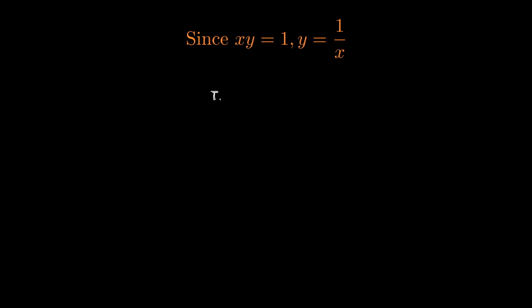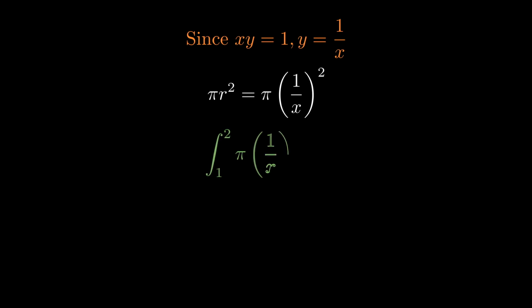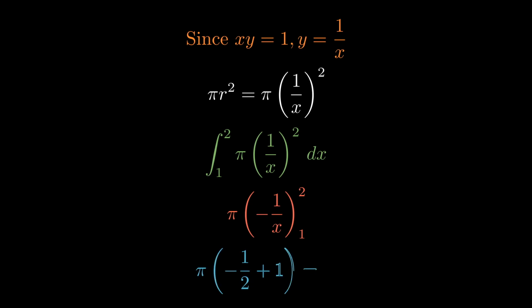And then we're doing this for all the disks from x equals 1 to x equals 2, which is the integration bounds. So pi times 1 over x squared is pi over x squared, and then we can integrate this to get pi times minus 1 over x from 1 to 2. And then we can evaluate this to get